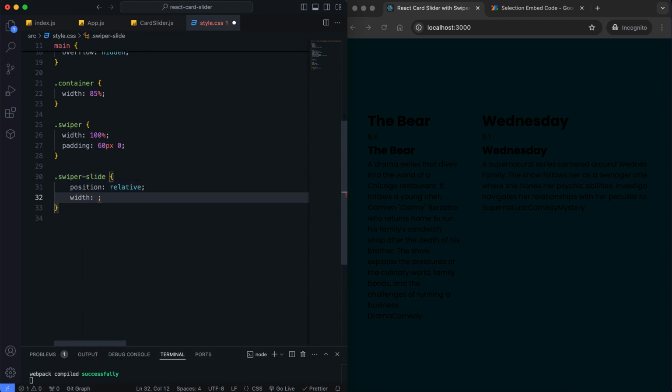The slides have a specific width, height, and background image.